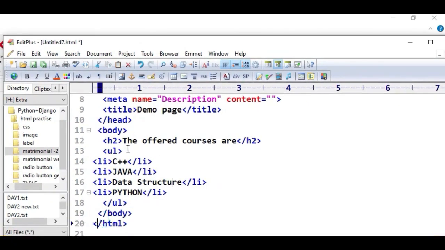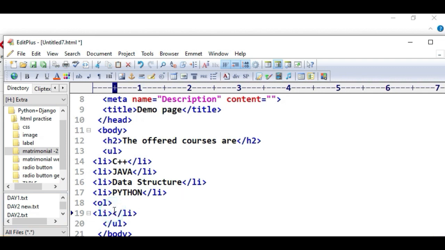For example, this is written here. So this is the unordered list: C++, Java, data structure, Python. Okay, in Python we want to offer some more courses in ordered form. So we have to write li and close it also.